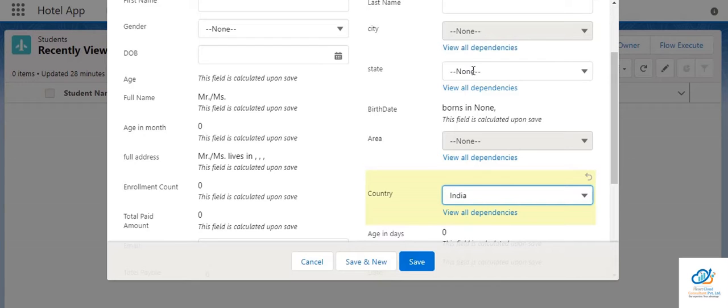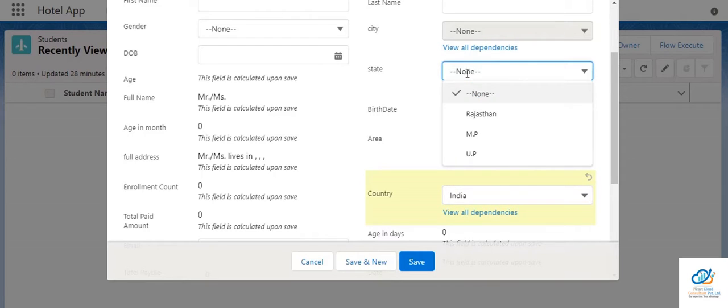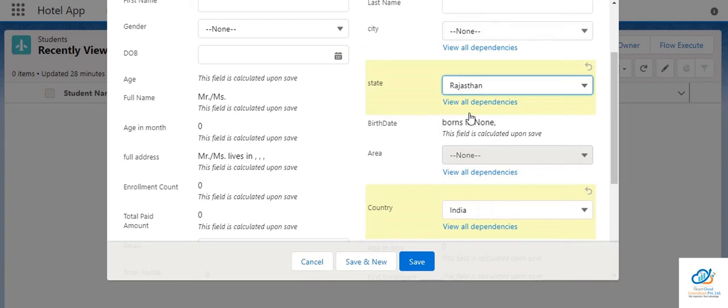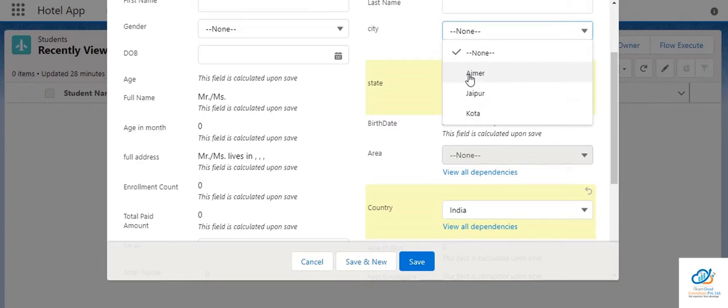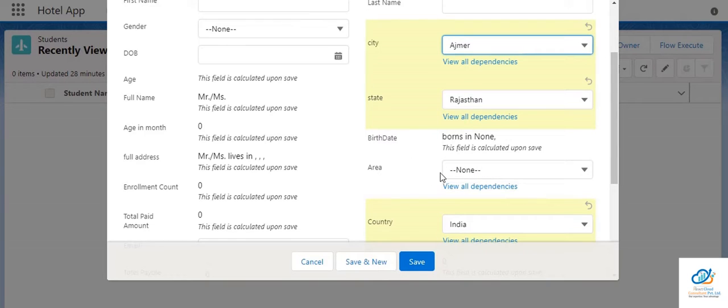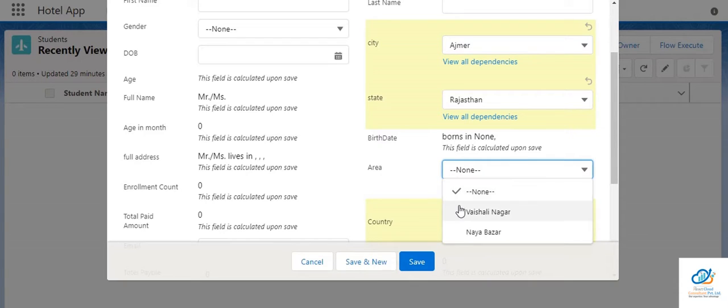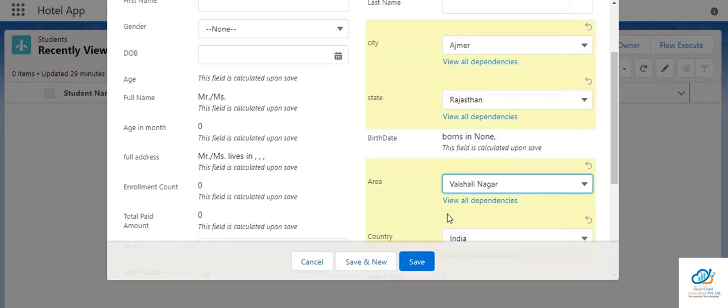As we select India, the state field is enabled. We'll select Rajasthan. As soon as we select the state, the city is enabled. We'll select Ajmer. Then as soon as we select the city, the area will be enabled and we'll select Vaishali.